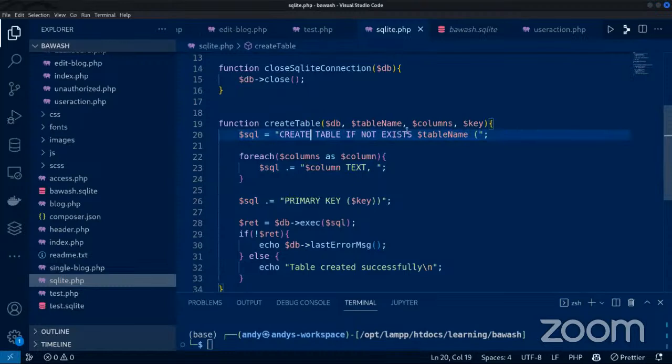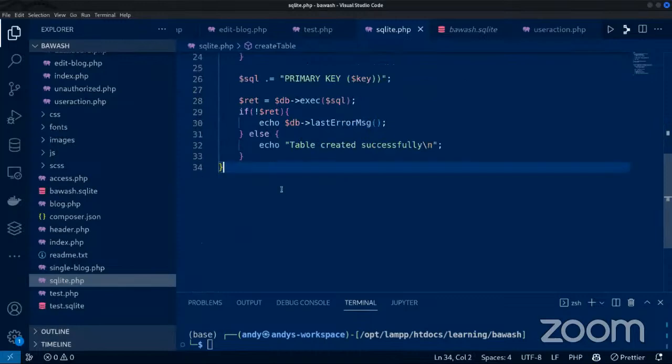Create table if not exist, right? That is in the case if the table does not exist, then let's create it. What if it exists? Then let's not create it, right? Now, then we say table name. Now, let me show you the script, right? Let's say we wanted to create a table called